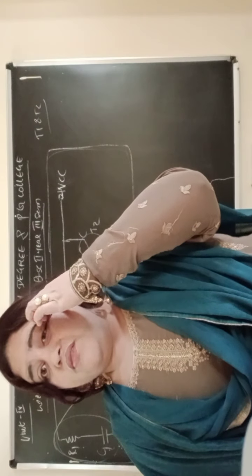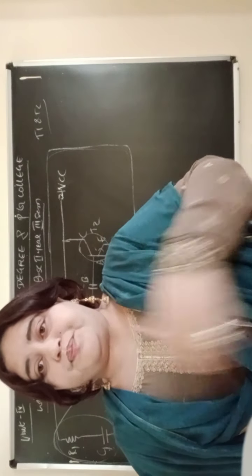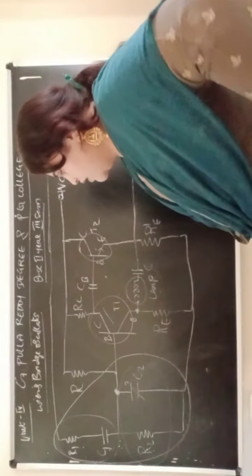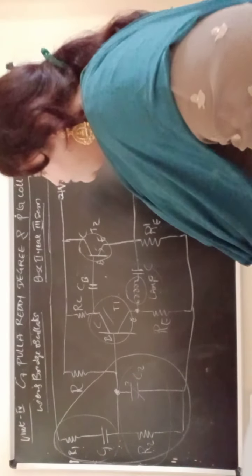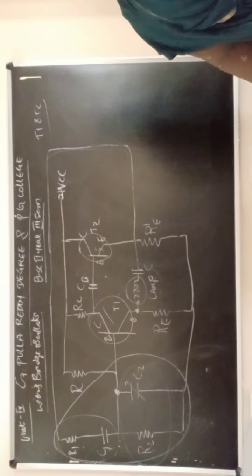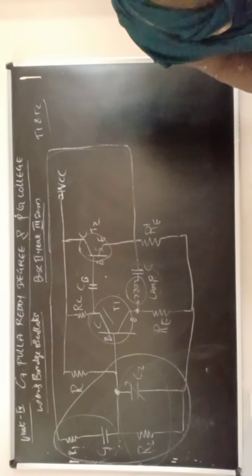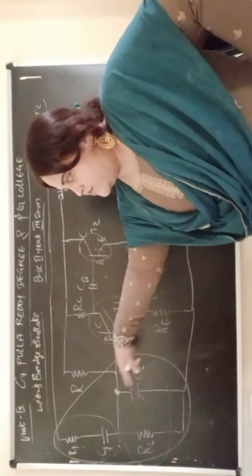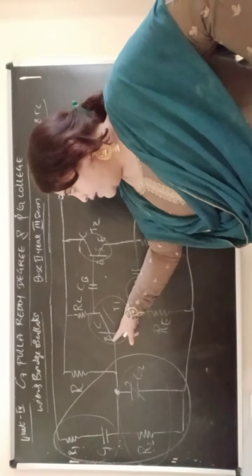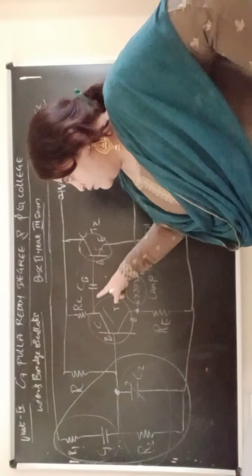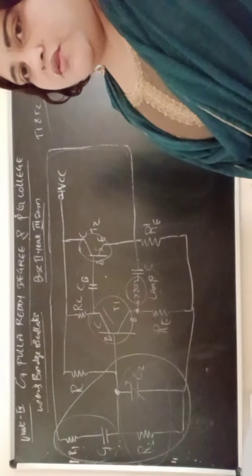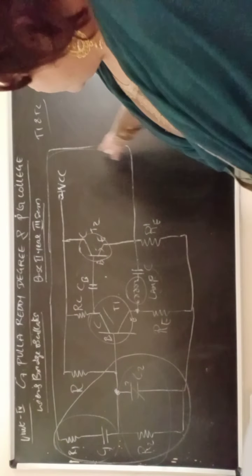Now circuit operation. In circuit operation, what do you have to study here? When VCC is on, what will happen? An input signal is applied at T1. The input signal will be directly applied to T1. This will be used as an input, which is then applied from T1 to T2. When studying circuit operation, what should you remember? When VCC is on,